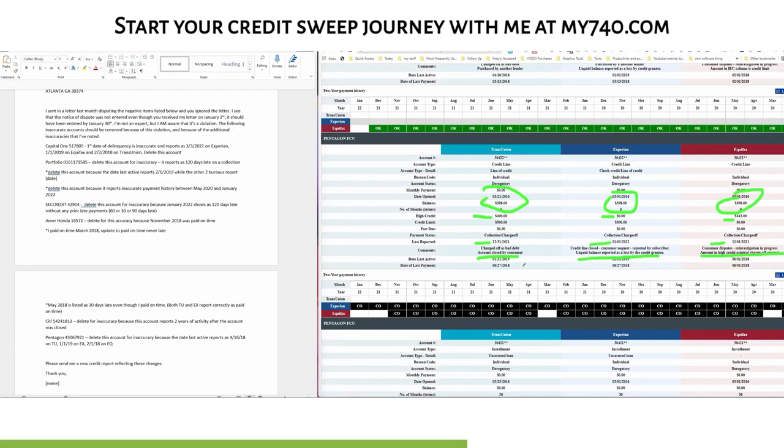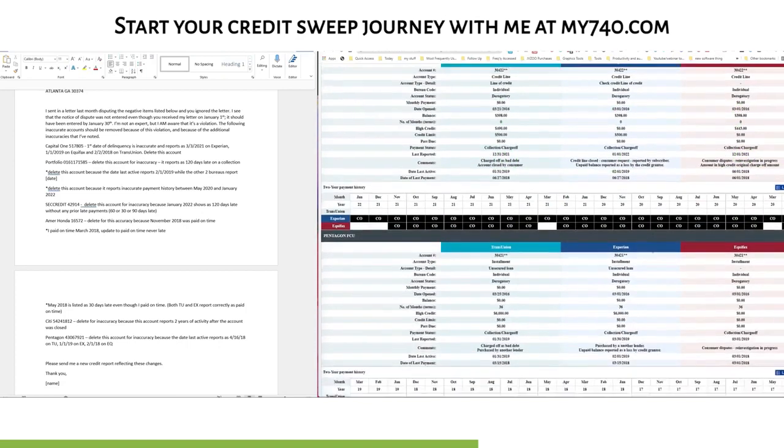I mean, they are going to be different because the bureaus do their investigations at different times, even if they receive the letter on the same date. But still, as long as it's really not off by that many months or it's not hella old, then they probably did do an investigation, a fake one at that. But I just wanted to point out here that because there's a balance, because it has not been transferred or sold, you would go after this payment history here, activity after the close date. All right, so let's go down to the next one.